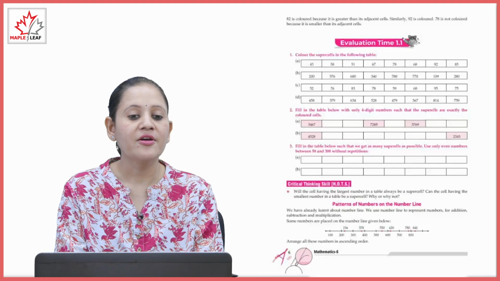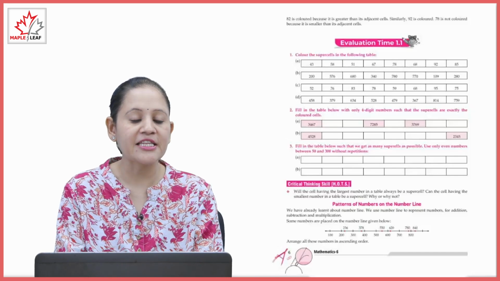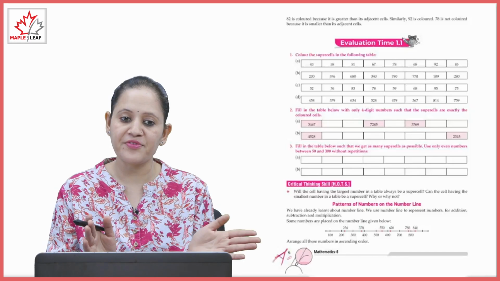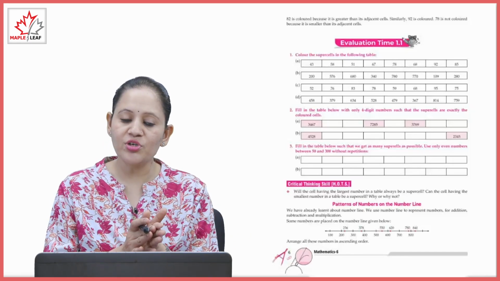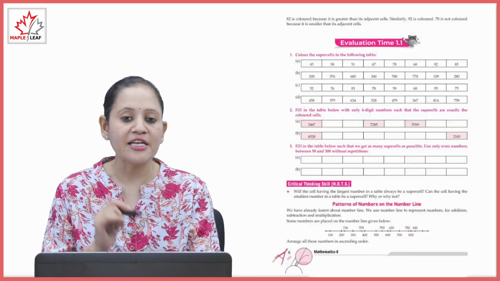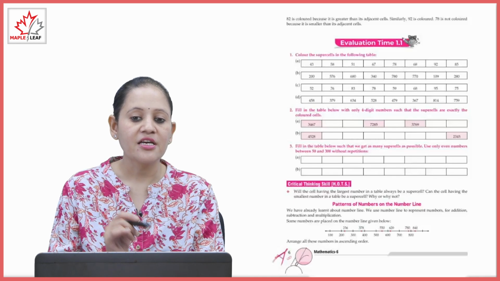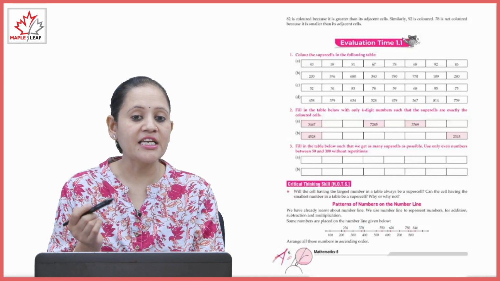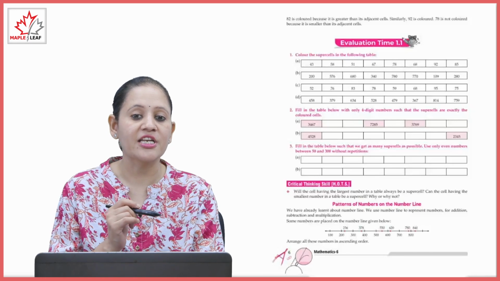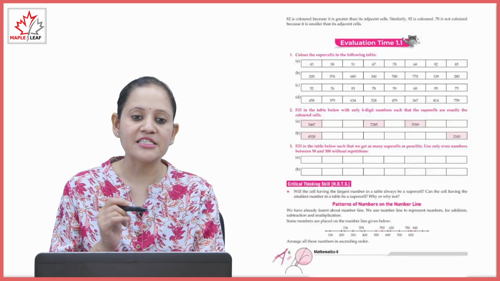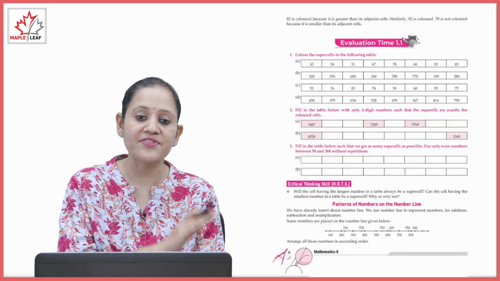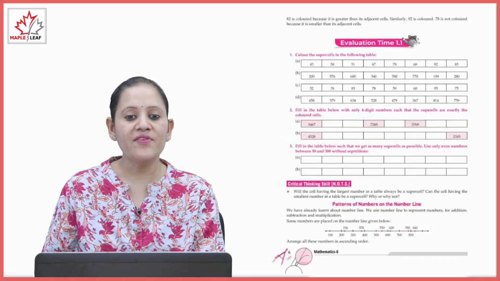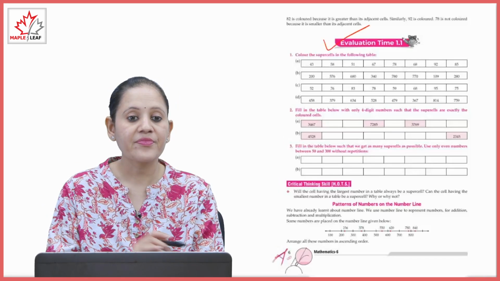82 is colored. Why? Because it is greater than the adjacent cell. Adjacent cell means इसके adjacent cell में जो पास वाली cells पे एक side 59 है एक side 79. 82 is greater than that. Similarly 92 is also colored because जो उसके adjacent cell है उससे वो number greater है. But 78 is not colored because that is not greater than the numbers in its adjacent cells, because उसके adjacent cell में एक side 79 है एक side 92 है. Clear?